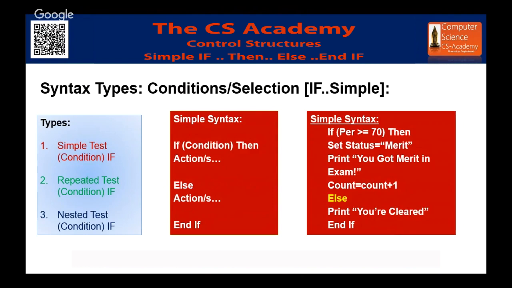So ultimately I have put the else statement with this, that okay, if you're not securing 70% or greater than or equal to 70%, then you are pass, just pass, or the message will make clear that the paper is cleared. The message could be anything. Now end if comes here, which is the complement again for if. So you can see the statement comes over here and this is the complement.